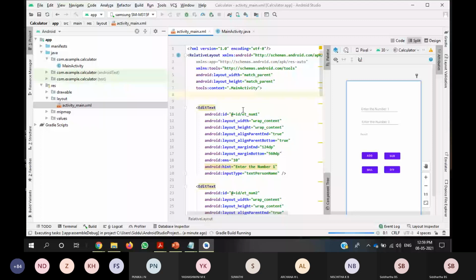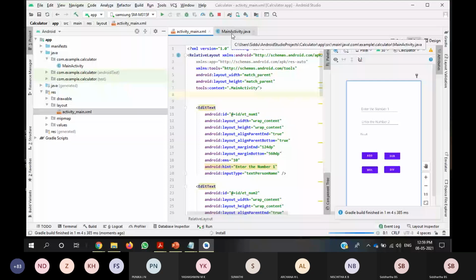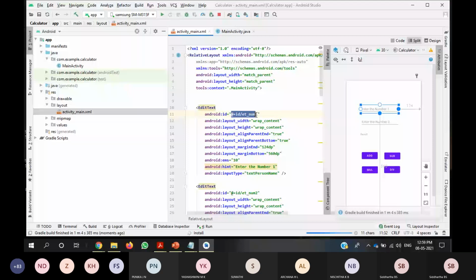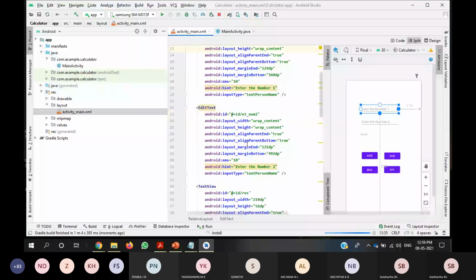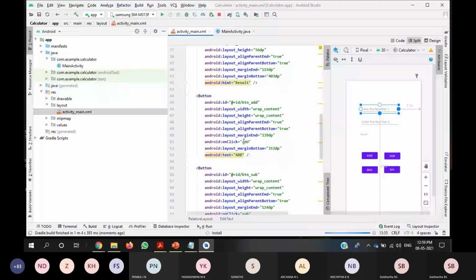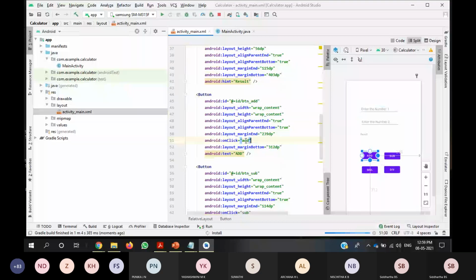Mainly when you are developing the layout, if you are using that particular view in your Java, compulsorily you should have an ID so that you can access it. And if you are using an onClick button, by default there will be no function in the MainActivity.java.